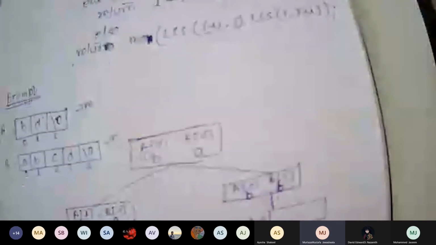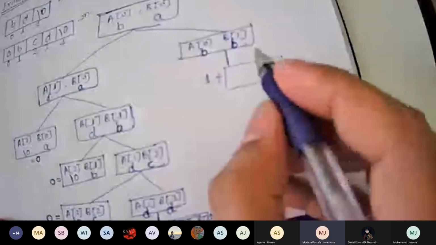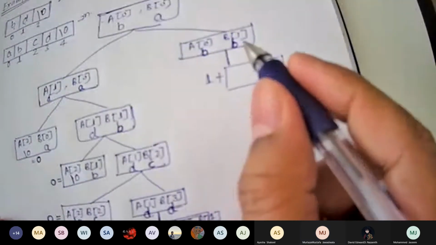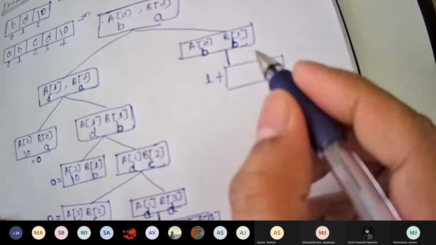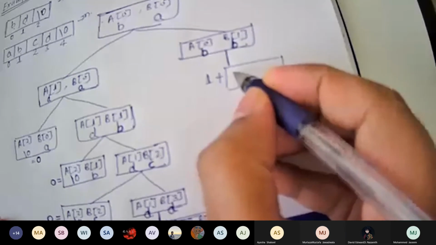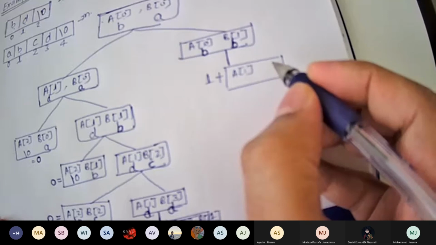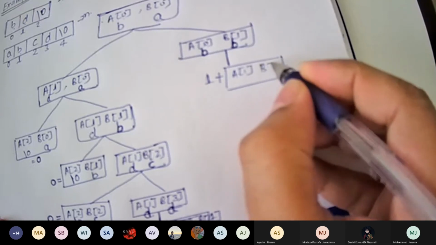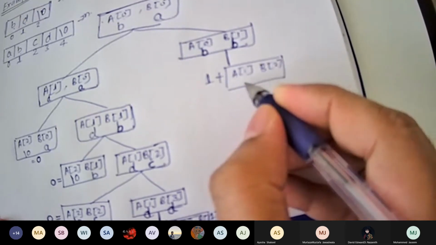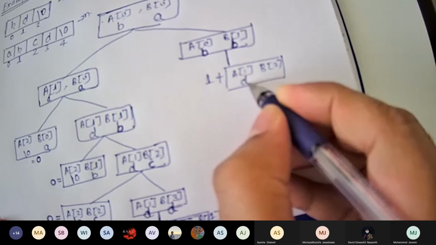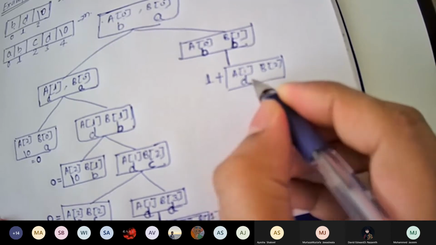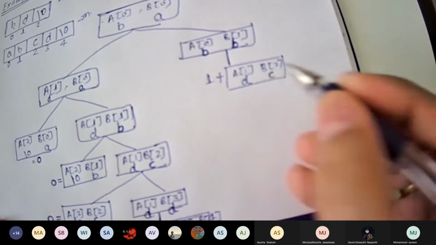This was max. 1 plus A1 B2, because both will be increased by 1. What is the value of A1? D. And B2 value is C.